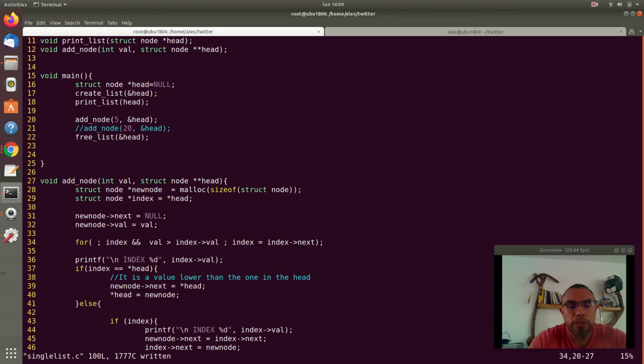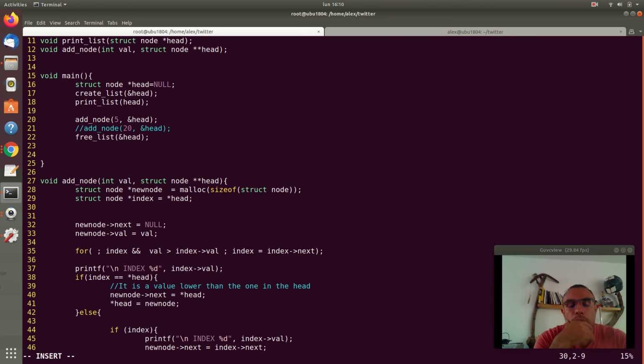So when this is 5, and when it's going to the 4, 5 is greater than 4. Yes, it moves to the next one. I don't want it into the next one. What I'm gonna do, I can create a previous index